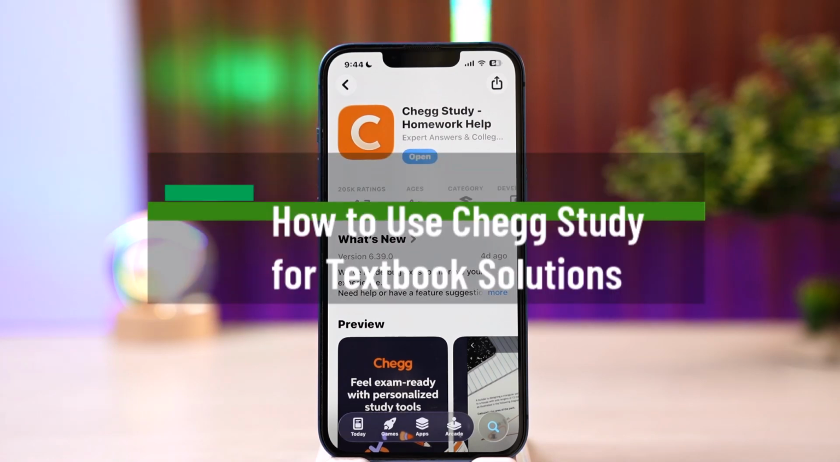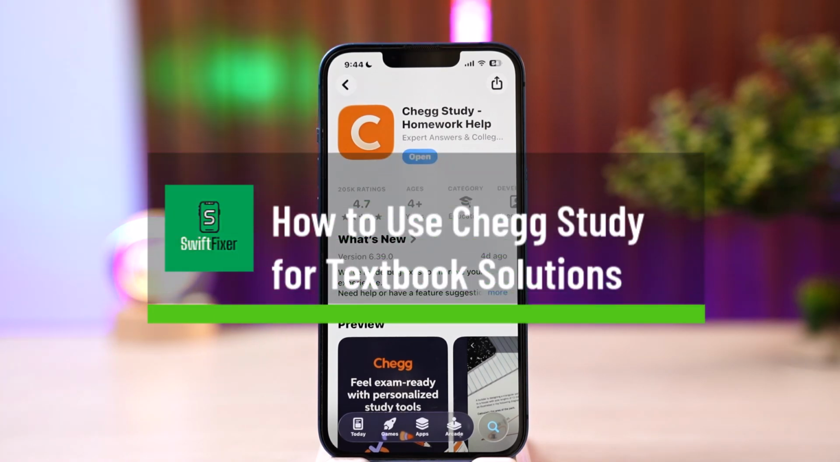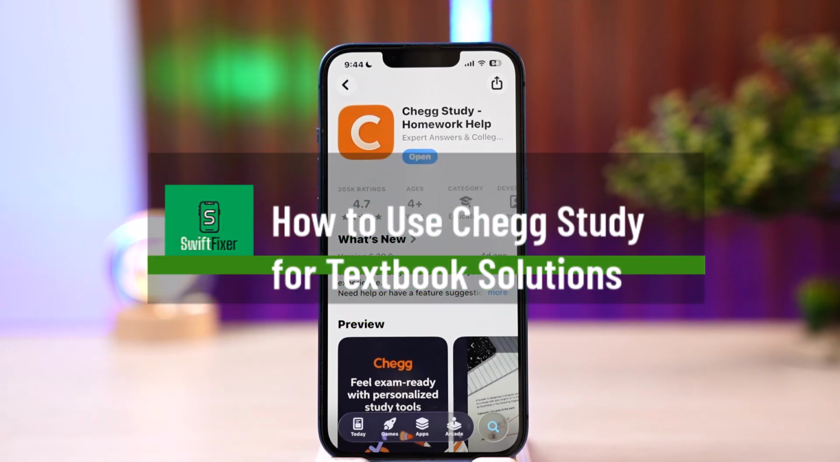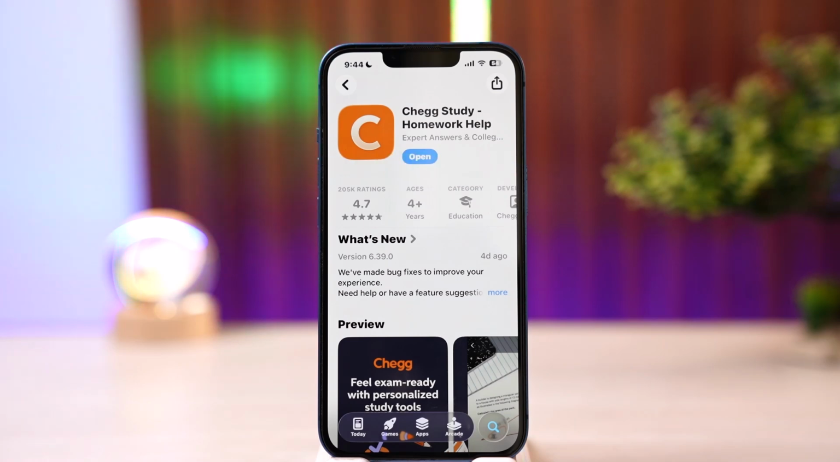How to use Chegg Study for textbook solutions. Well, Chegg Study provides step-by-step solutions for millions of textbook problems to help understand complex homework. Users can search by textbook title or an ISBN number, browse chapter problems, or use 24/7 expert Q&A for specific